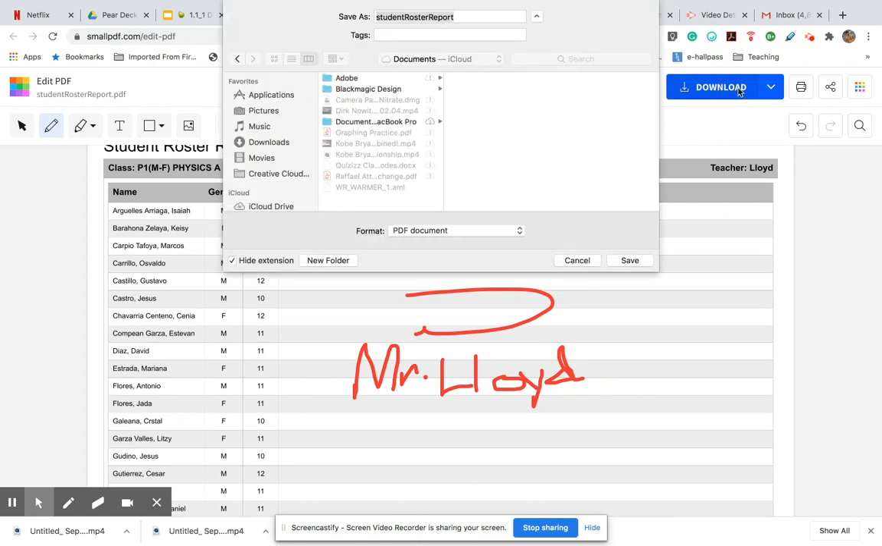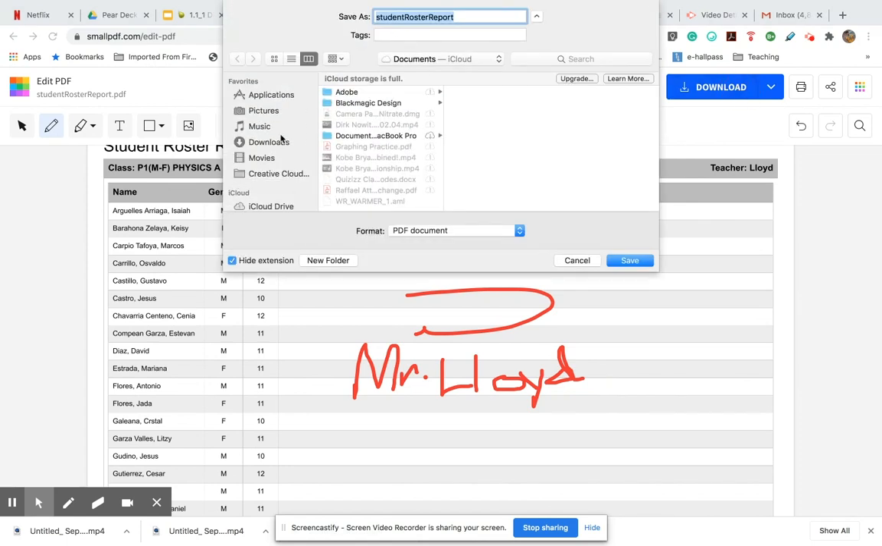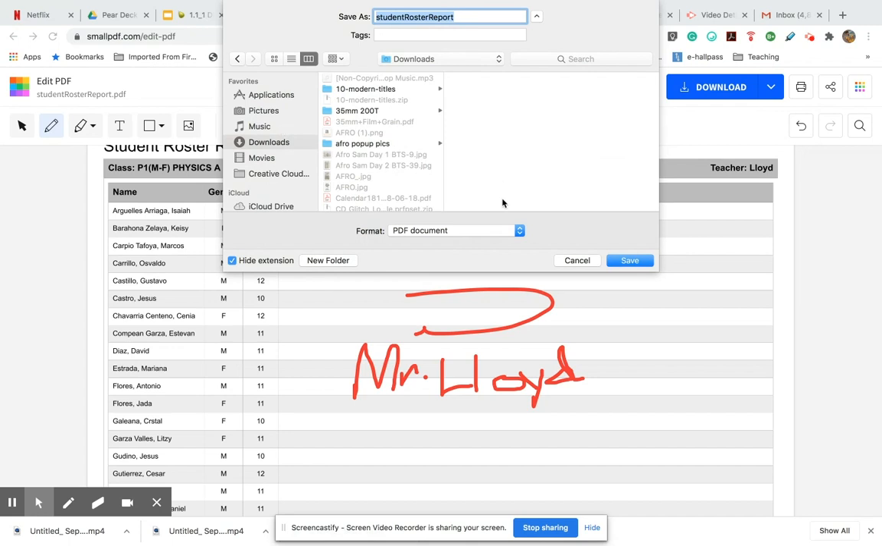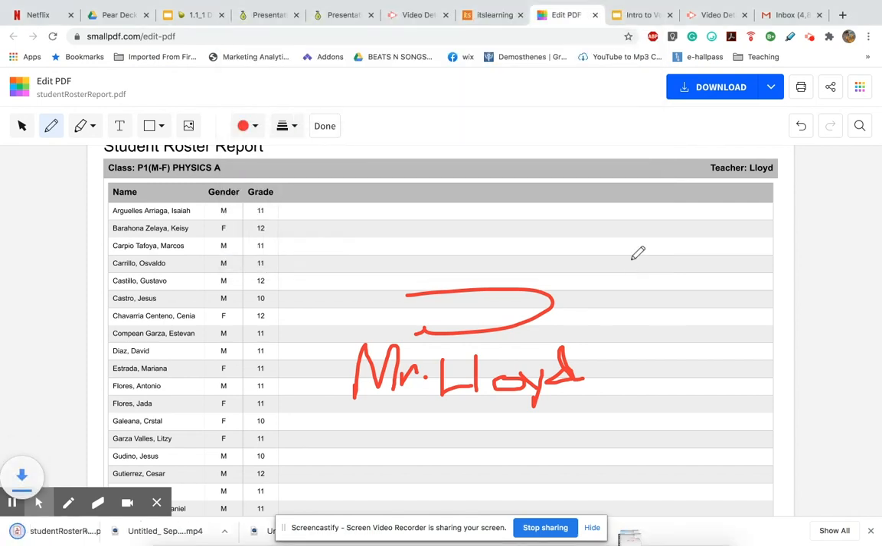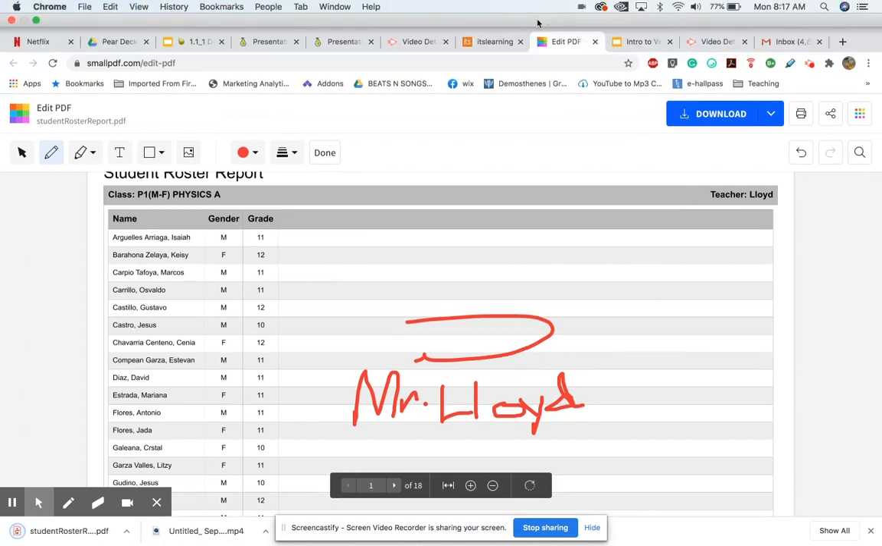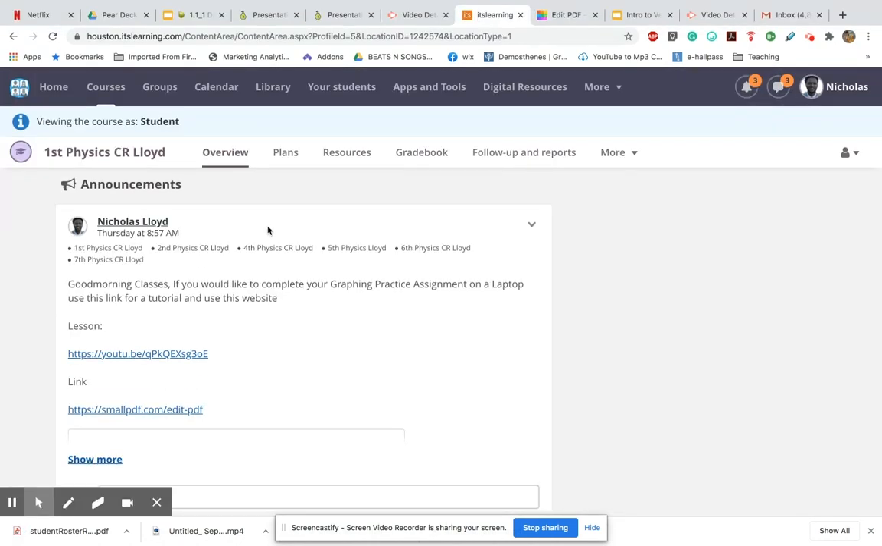up here, and then it will ask you where it wants to locate to. I'm just going to put in my downloads. I'm just going to put number 2. Okay, now it's in my downloads. So what you do whenever you're uploading your